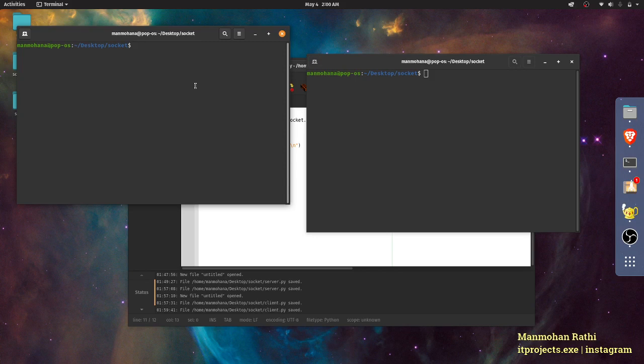So let's first run the server with python3. You can run this in normal Python ideally also. You don't need Linux or a terminal for this. It is okay to run anywhere you want, it will run just fine. So python3 space file name, which was server.py. Okay, so it is running. It won't show anything until it is connected to at least one client. So let's run the client, python3 client.py.